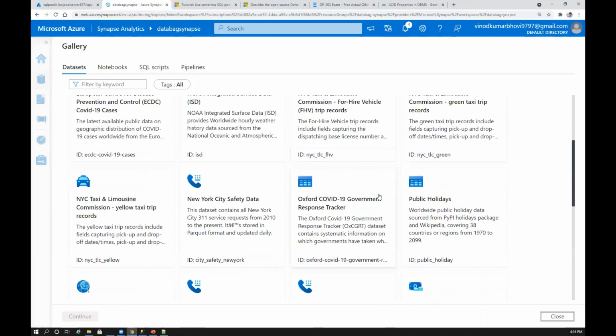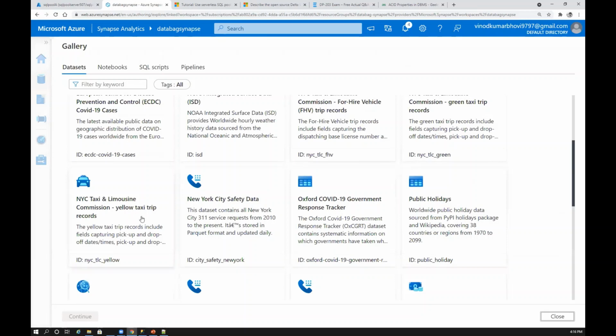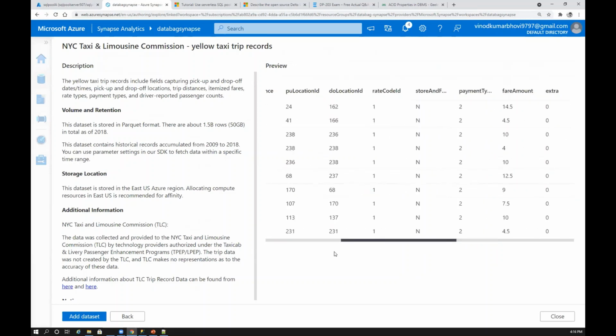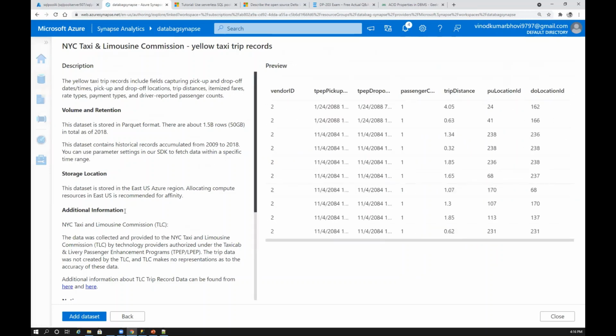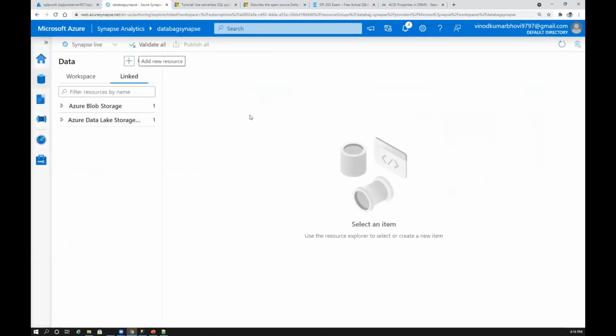So within this data set, I think I have already taken the New York yellow taxi trip records. So if I click on this, continue. So again, you have table data, which is again in a column row format. And again, this is real-time data. Okay. So if you want to add this data set, click on add. Anyway, I already have this data set, right? So if I go back, cancel. So once you click on add data set, that data set will be added automatically to your Azure Blob Storage. This Azure Blob Storage will be created on the fly. Okay.